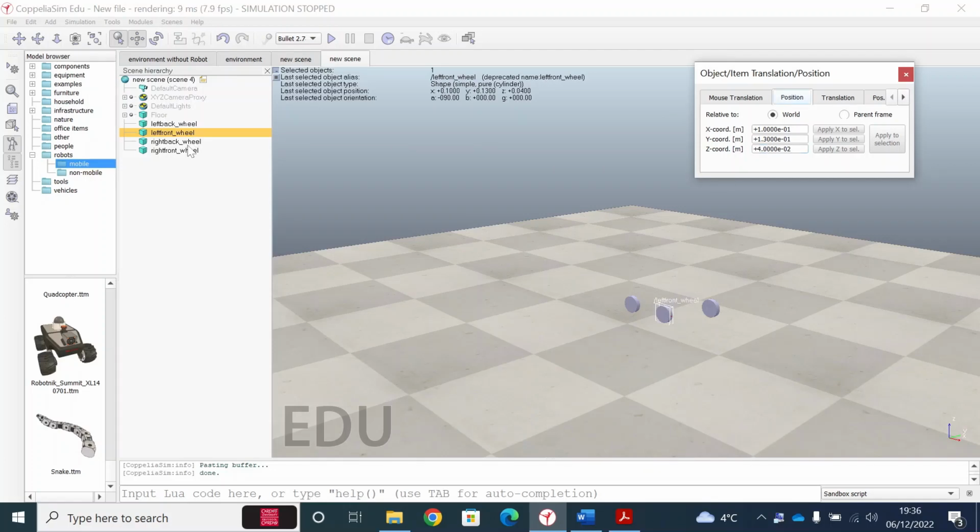Right. Now select the right back wheel, -0.1, -0.13, 0.04. All right, and in the same way the fourth wheel is 0.1, -0.13, 0.04, right? Sorry, this is plus 0.1, sorry. All right,